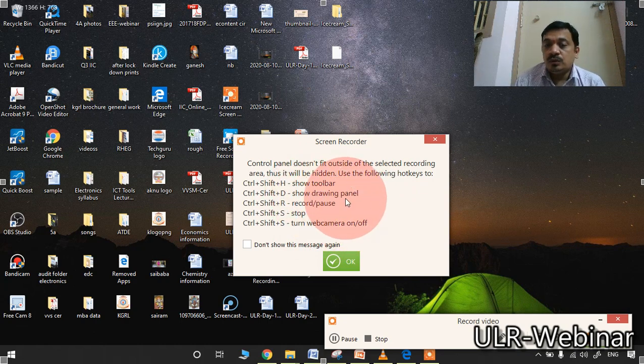If you want to observe the drawing panel, if you want to draw anything at the time of recording, then Control Shift plus D. If you want to see the toolbar, Control plus Shift plus H. If you want to pause the recording, Control plus Shift plus R. If you want to stop the recording, Control plus Shift plus S. Whenever you are using a particular recording software, it is always better to remember all these shortcuts.